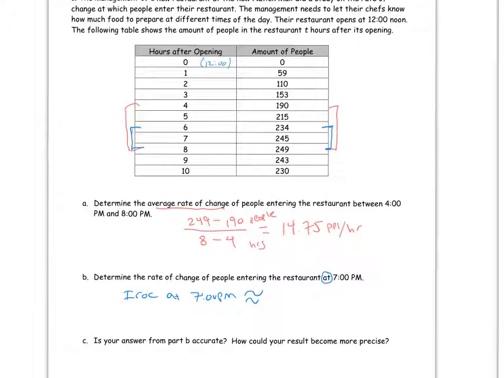But for now, find the average rate of change of the points around it. So that's going to be 249 minus 234 divided by 8 minus 6. And that gives you 7.5